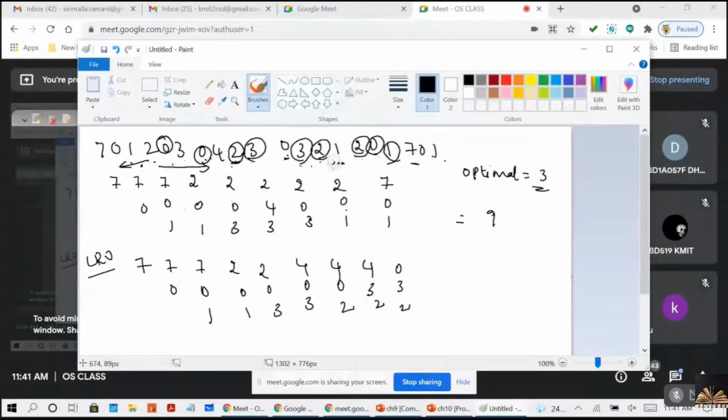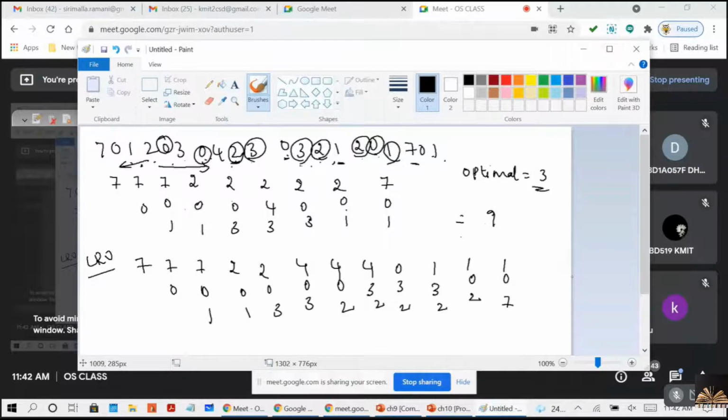3 is already there, no replacement. 2 is already there, no replacement. 1 is replaced with 0. 1, 3, 2. Right? Then 2 you have no replacement. 0 now is replaced with 3, right? 1, 0, 2, right? 1 is there, no replacement. Now 7 is replaced with 2, right? 1, 0, 7, right? 1 is there, 0.